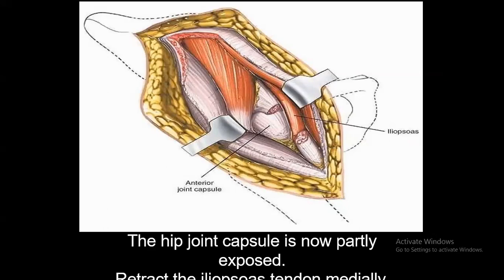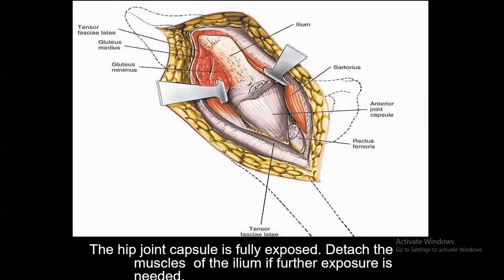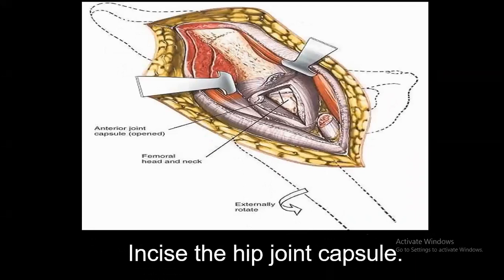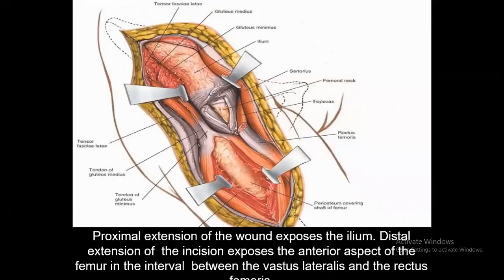Retract the iliopsoas medially also. The hip joint capsule is fully exposed. Detach the muscles of the ilium if further exposure is needed. Incise the hip joint capsule. A T-shaped or longitudinal incision is made. Proximal extension of the wound exposes the ilium. Distal extension of the incision exposes the anterior aspect of the femur in the interval between the vastus lateralis